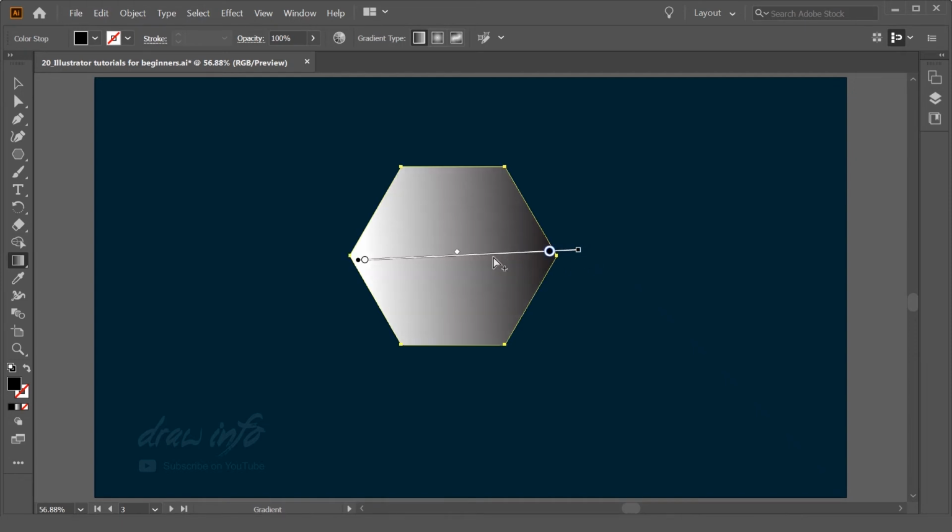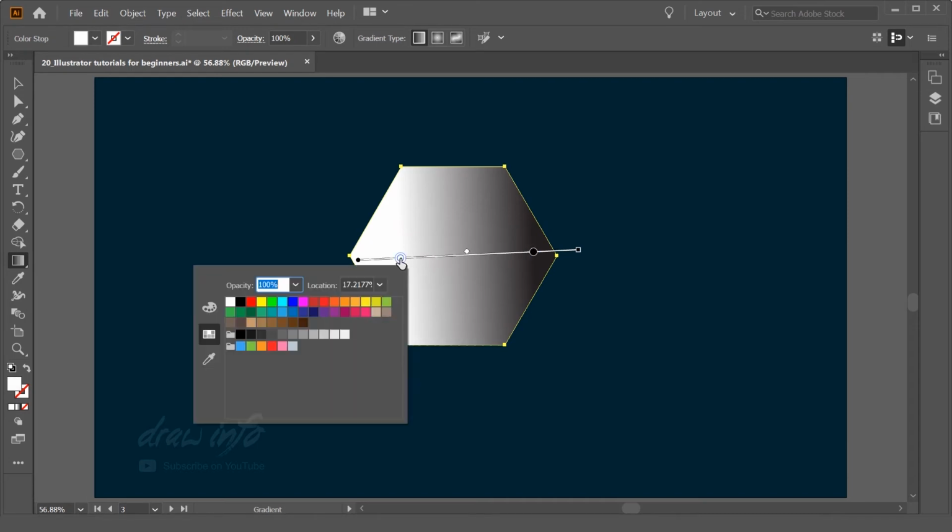Now if you want to change the color, what you need to do is, this is one round over here and one more round over here. By default you see white is selected here and black is selected over here. You need to double click on this and you will get this color panel open. Here you will find multiple options: the color picker, the swatches, and the color sliders. Here you can change the color percentage wise, and here you have these swatches.